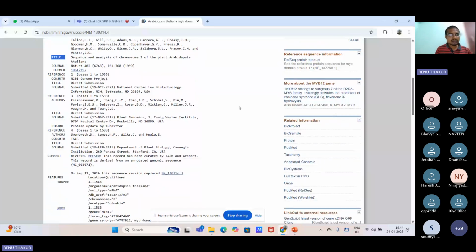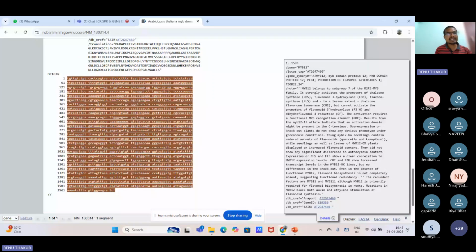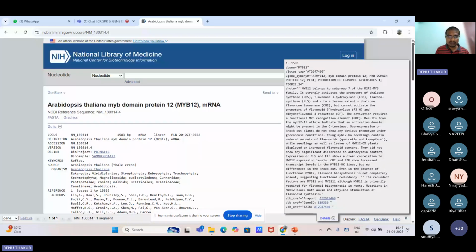Here we can also check the sequencing information from the source, 1 to 1583 base pairs. From this gene sequence, we can click this, which is the complete CDS, the complete coding sequence of the MYB12 transcription factor. Yes, this is the complete GenBank information of the Arabidopsis thaliana MYB12